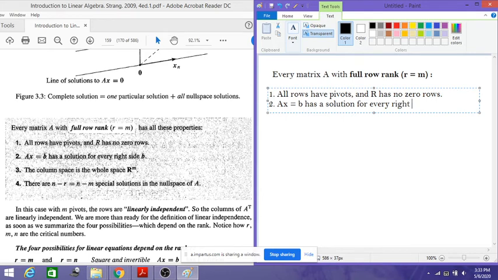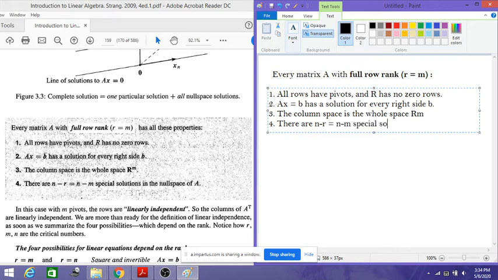right side b. The third property is that the column space is the whole space, that is R power M. The fourth is that there are n minus R, which is n minus m, special solutions in the null space of A. So these are the four properties of